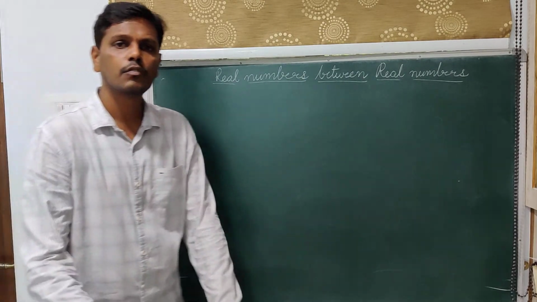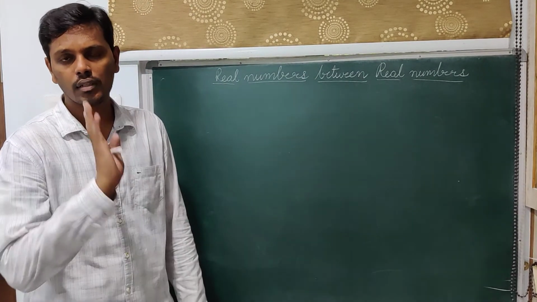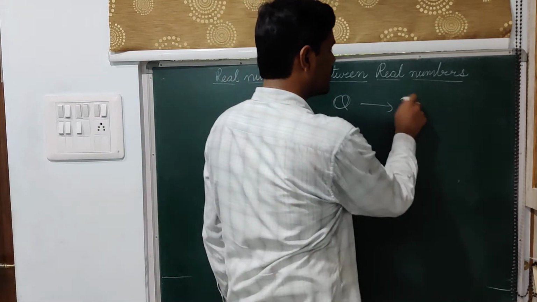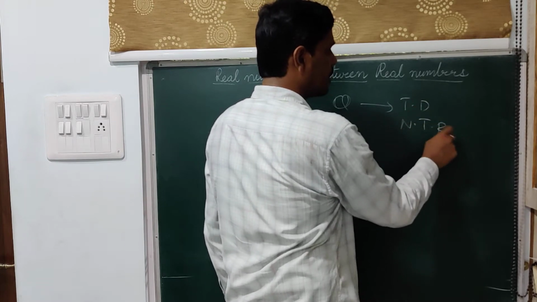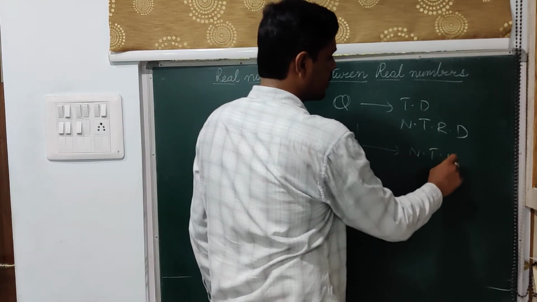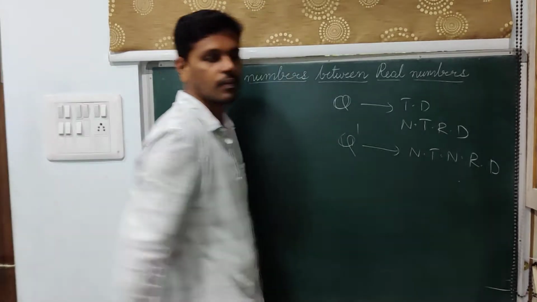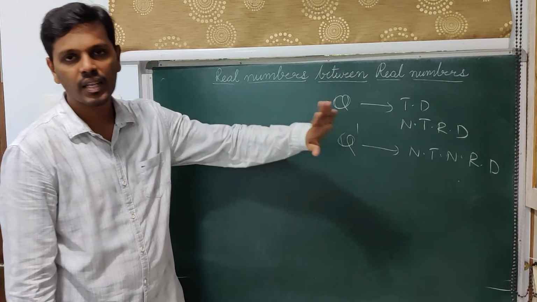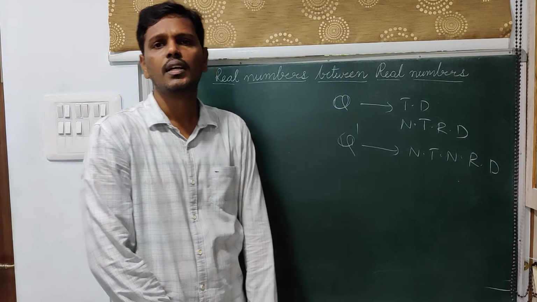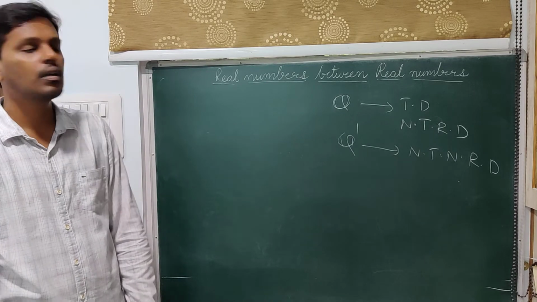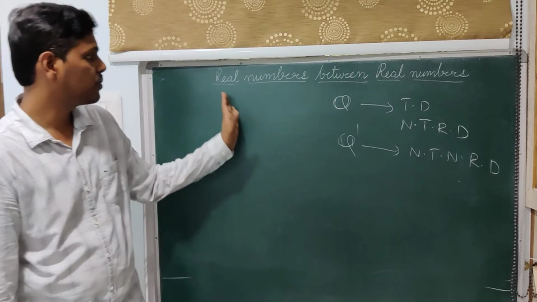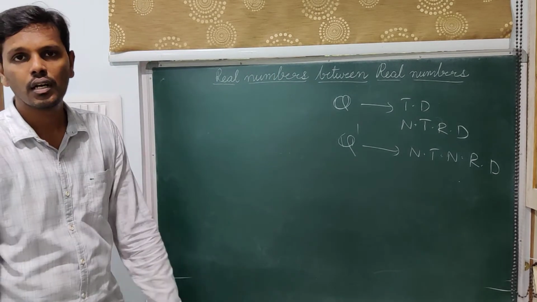So the basic idea is, if you know the decimal expansions, then that will be rather easy. And you should also know that rational numbers are always in the form of terminating decimals or non-terminating repeating decimals, whereas irrational numbers are non-terminating, non-repeating decimals. So if you know these, then you will be able to identify as many rational numbers, irrational numbers, or real numbers as you want between any two given real numbers. So that is all about finding real numbers between real numbers.